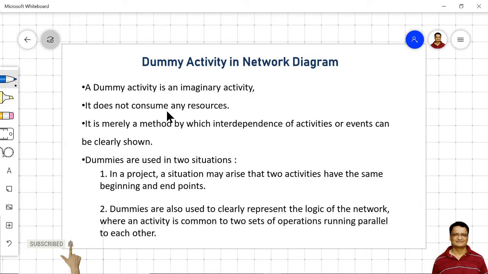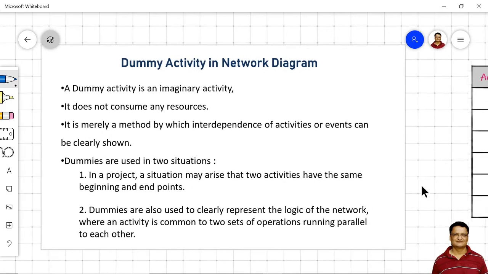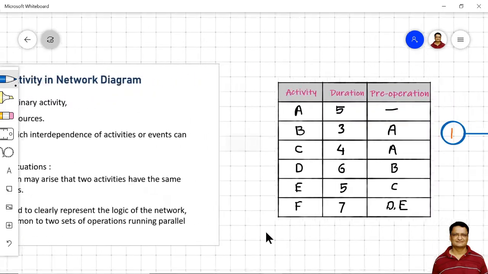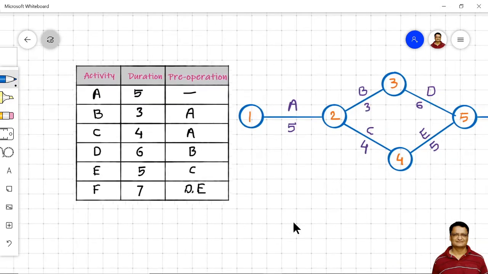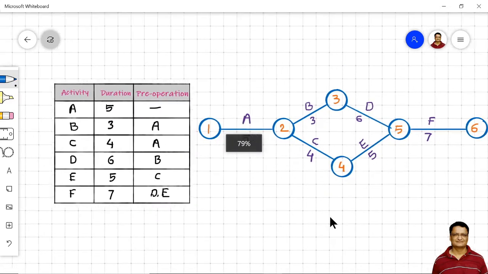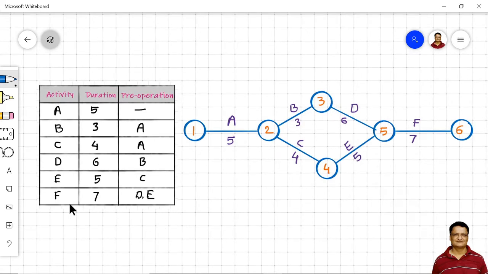Now we have to include this dummy activity in order to maintain the logical flow of the activities and to fulfill the constraint related to the precedence of a diagram. Now we will try to understand this dummy activity with the help of one example. Before we actually see an example with the dummy activity, let us learn the basics of a network diagram with the help of an example which does not have any dummy activity, and then we will see one network diagram where we have used the dummy activity.